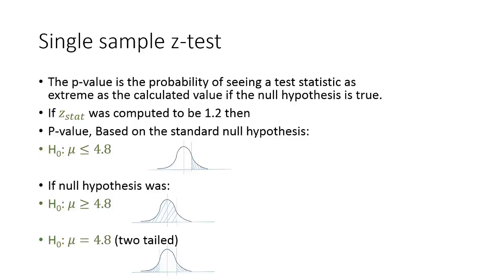So for instance, out here, if the z statistic you computed was 1.2, right? So I'm just giving you a number to go with. Then the core idea is that you would calculate a p-value based on the standard null hypothesis, which is that mu naught is less than 4.8, and you would say, let me take this distribution, which is the z distribution, or the normal 0, 1 square. Okay, so this is the normal 0, 1 square,